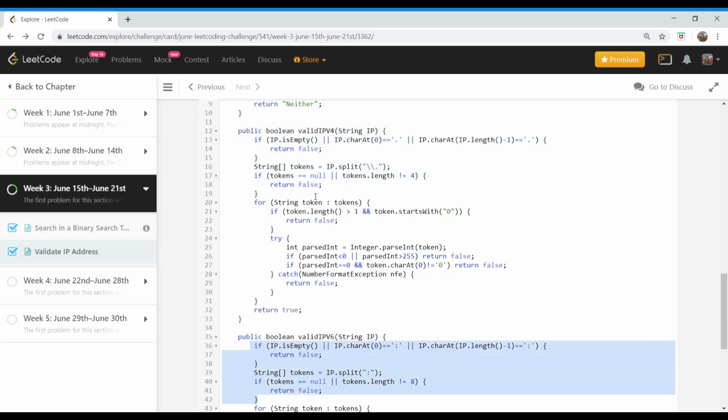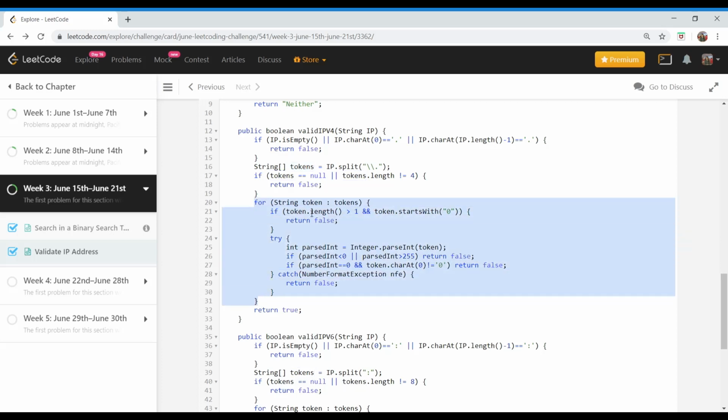After we are done processing these tokens, now we have to validate if the tokens themselves are valid or not. First of all, we'll look at validating IPv4. For valid IPv4, we'll iterate on all the tokens.